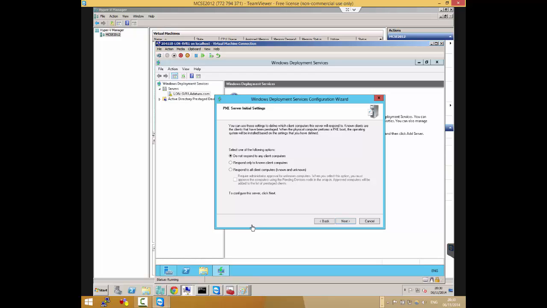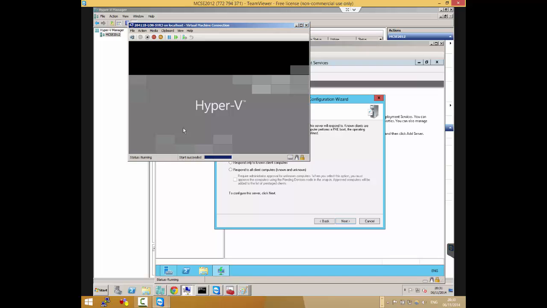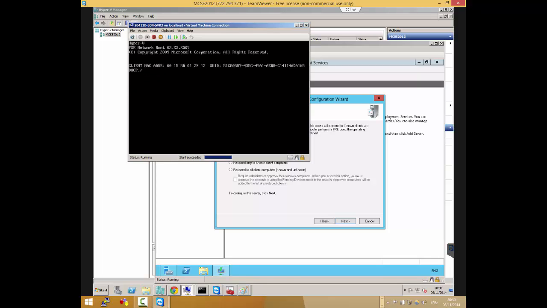Exactly, accurate. For example, we have a server here that we're going to be building, this server 3 here. So if I switch it on, there's three pieces of information that I could use. You have the MAC address. So you can either put in the MAC address, or you can put in the GUID. In other words, when it sees this GUID come to request an image, it knows it because you've already entered it before. Or if you put in this MAC address, when it sees this network card come to request an image, it already knows it because you've entered it before. The other one it can use is something called DUID, DHCP Unique ID, which is another one.